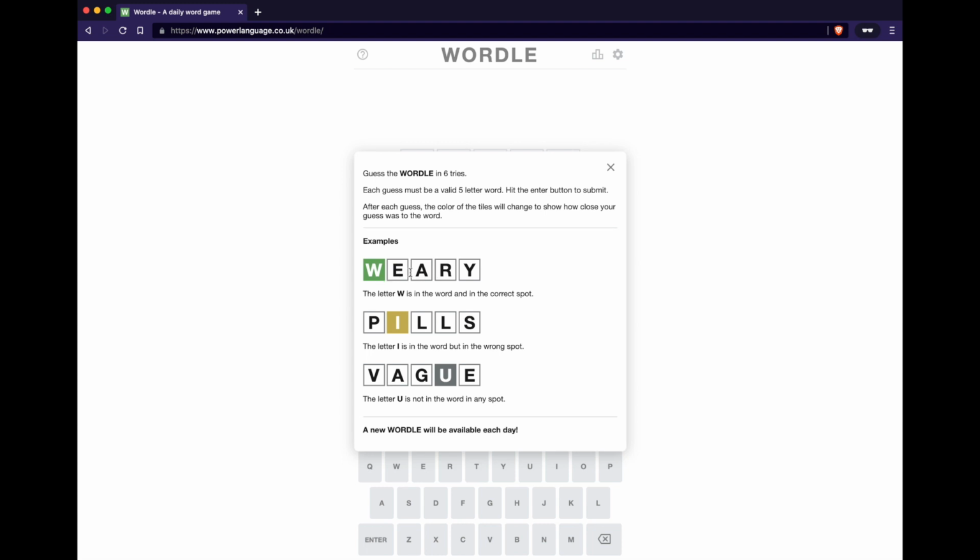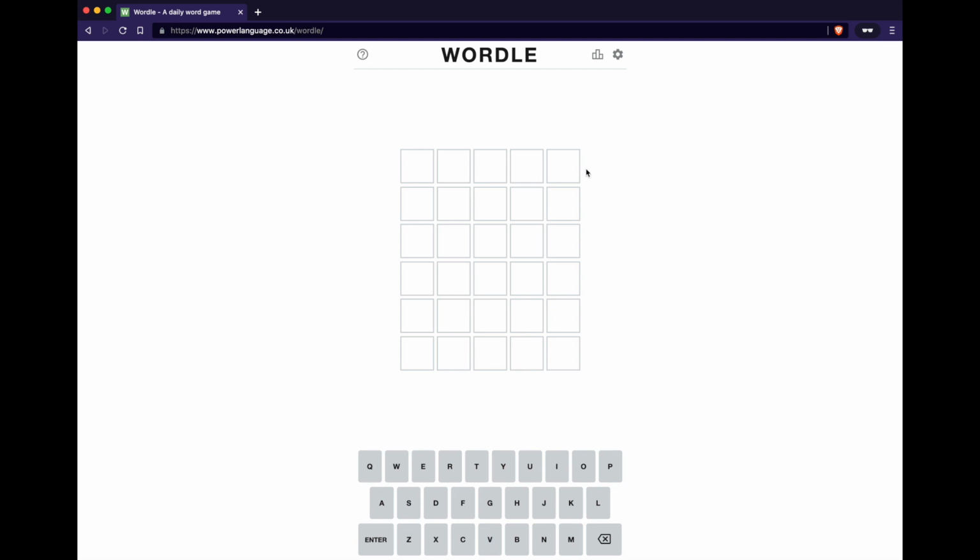Every guess will tell you what letters you used and if they're included in the word, if they're in the right spot in the word, or if they're not in the word at all. So we can see we start out with nothing. We have no clues, we have no information, we just know it's a 5-letter word that we're trying to guess. So we can just guess any random 5-letter word, but I'm going to show you my strategy in how I